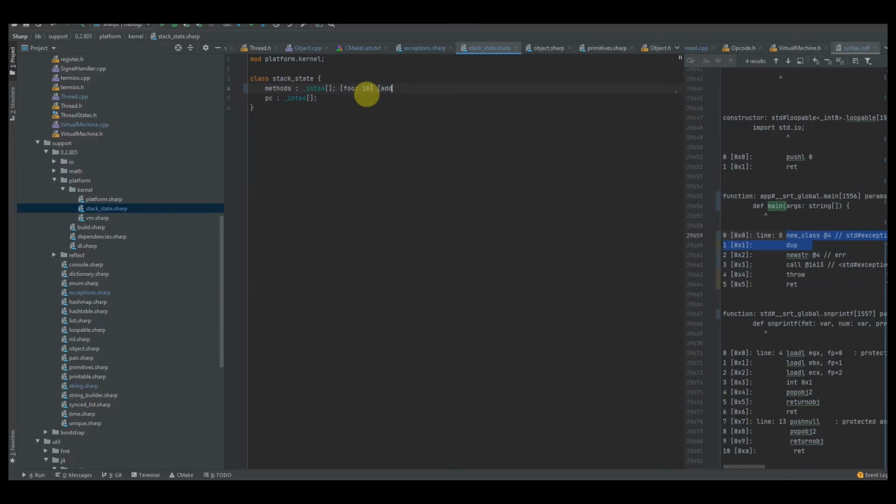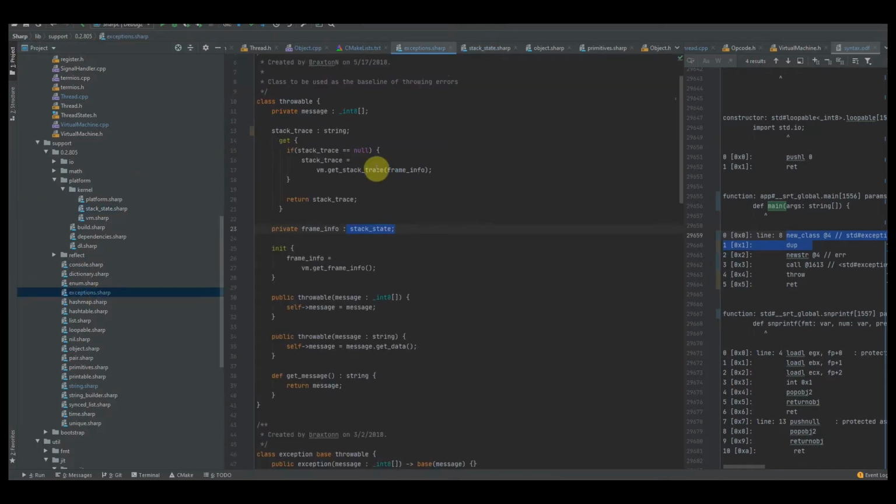So if we call add, that function's PC is going to be locked at 37 or whatever, right? And it's just going to keep going on. So we'll be able to get an actual view of each of these. So there's that. If we go back to exceptions, basically we want to, whenever this class is created, I